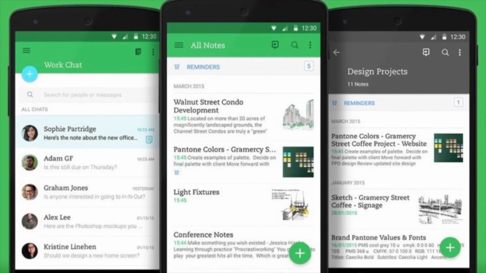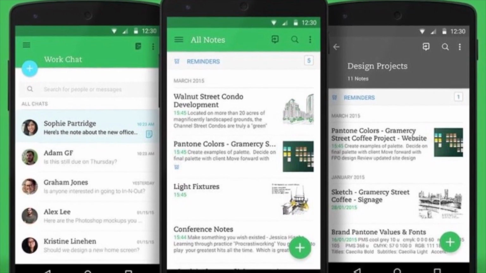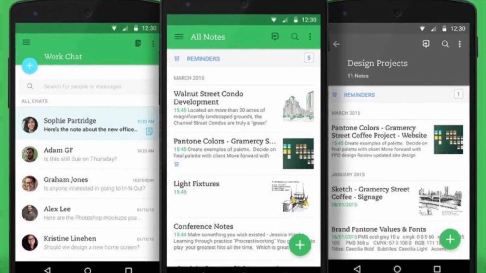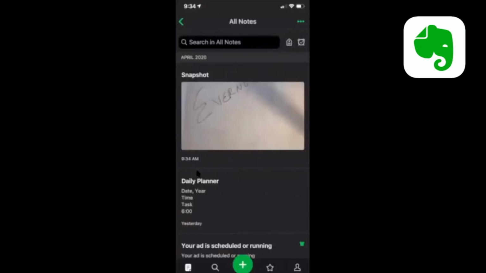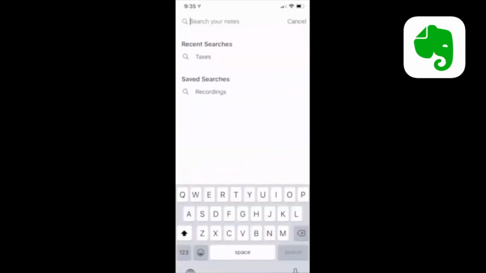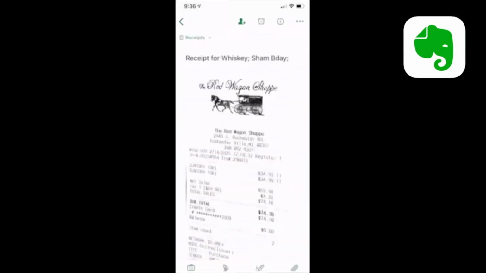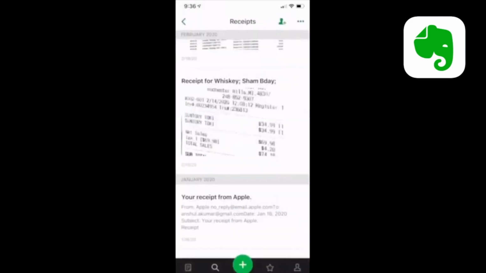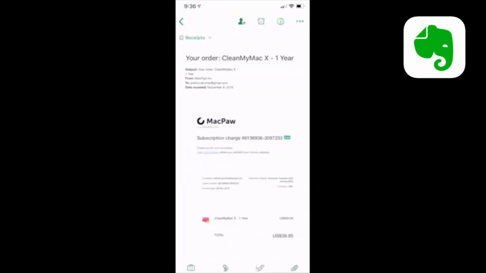So folks, I'm going to talk a little bit more about the Evernote features and applications and how you can use your mobile app and manage your life every day. The first is saving pictures of your household items or various assets you own, like furniture, appliances, electronics. And what you can do is take a picture of the registration card which comes with the product, which provides the details on the date of purchase, warranty cards, contact number, and so on.